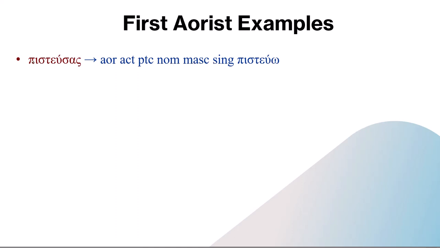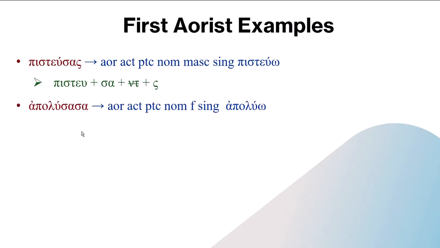And so we have the characteristic sa, and then our sigma, which comes from third declension, and that's the masculine s, as, I, a. So we have pistu plus the sa. The nt drops out in this case, and then we attach the third declension ending directly onto it. Next we have apalusasa, and here we have this nice sasa, which looks a lot like a nominative feminine singular. So we have apalu plus sa,